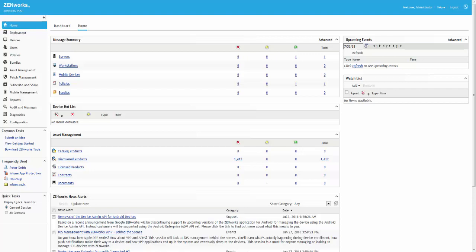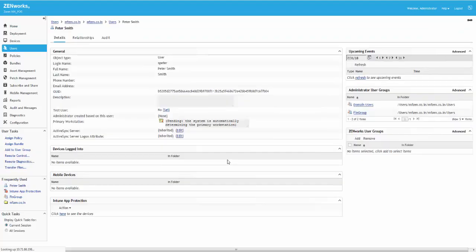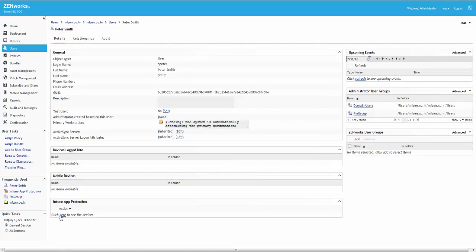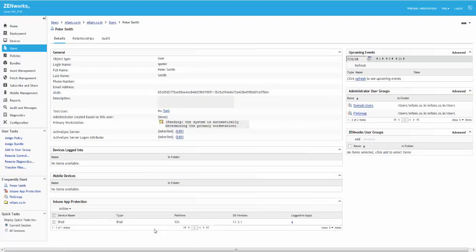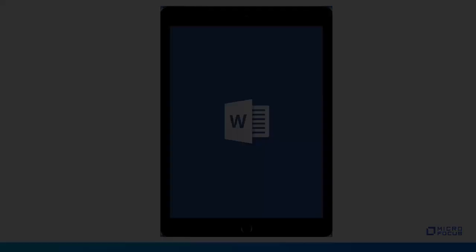Roger can easily wipe the Office 365 app data from ZENworks. To do this, Roger clicks the Users section and navigates to Peter's user summary page. He refreshes the Intune App Protection panel. If Peter has logged into at least one Intune app on any one of his devices, then those devices are displayed in this panel. To wipe the device that Peter has lost, he selects the device and simply clicks Action, Wipe App Data. On clicking Wipe App Data, ZENworks sends a request to Azure to wipe the app data from